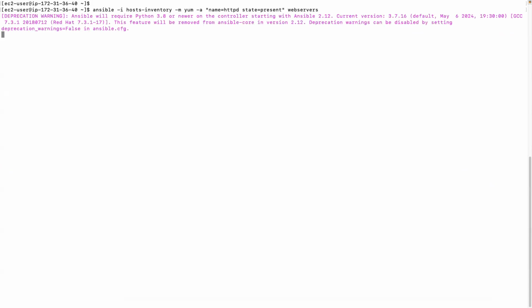Similarly, let's say I want to install HTTPD. ansible -i, the inventory file name, and then the module name. There is a module called yum, so the module name itself is yum. Then pass the arguments: name of the package, httpd, and then state, present. Present means it should be installed. And the target name is webservers. Is the command clear? Module, parameters, and then the target. So if you run this,